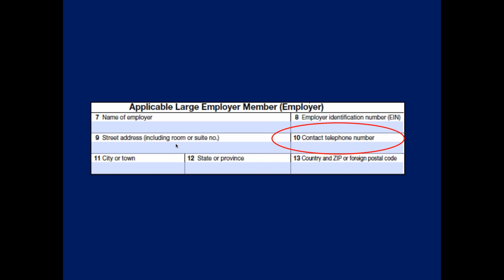The rest of part 1 is the employer name. This would be the name of your county, your employee ID number, and it's again the same information as W-2, except you'll see I've circled box 10 on the right, contact telephone number. This is a telephone number for employees who have a question about this form to call, and somebody will explain it to them. Now,